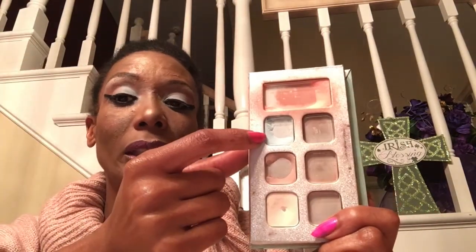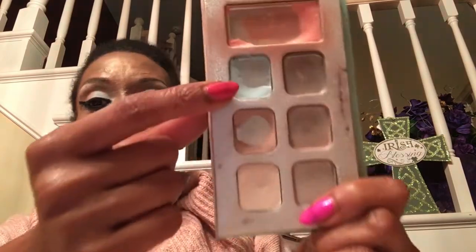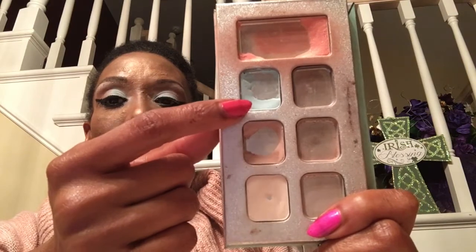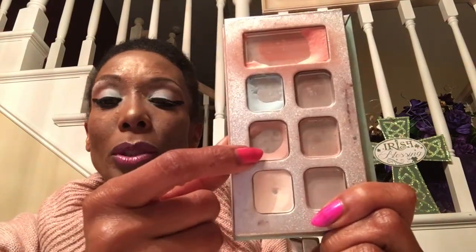I know people who are lighter than me, you're like, oh, it's no big deal because you could probably use this mint color as a transition color. You could use it all over the lid. You could get a lot more use out of that just the way it is. This right here would be quite a dark color on you. This would be dark. This would be a 3 set here that would still work for you. For me,